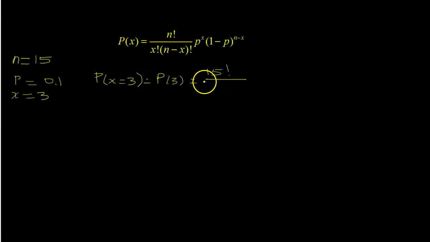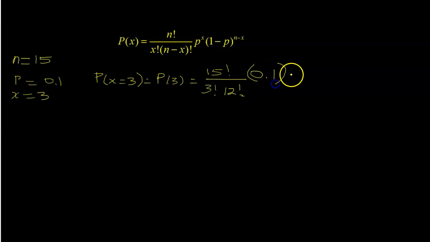Alright, x in our case is 3, also factorial. And I got to multiply the 3 factorial by n minus x factorial. N, as we see, is 15. X is equal to 3, so 15 minus 3 gets me 12. And on my calculator in a minute, I'm going to use the factorial button. Okay, I'm going to work that out, and then once that's done, we need to multiply it by the proportion